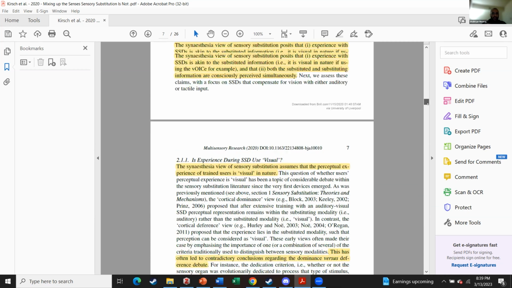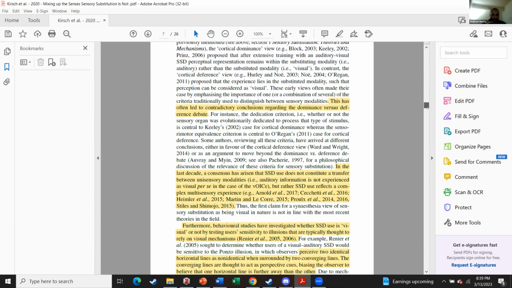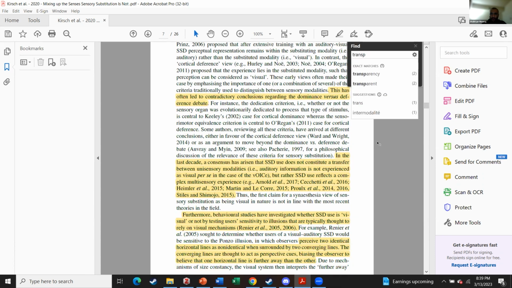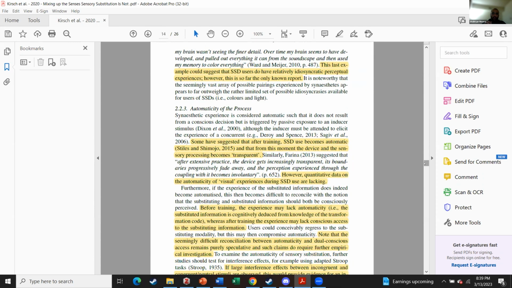But basically, that's one of the important things that they go through, and I'm just going to quickly go through what I think is. Let me just Control F, because it was a pretty good part. Yeah, it was here when they're talking about the automaticity of the process. What they're talking about is that, when we're talking about synesthesia and sort of igniting these very similar two experiences, when you train someone enough, what's happening is that instead of